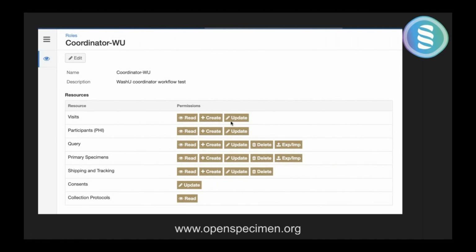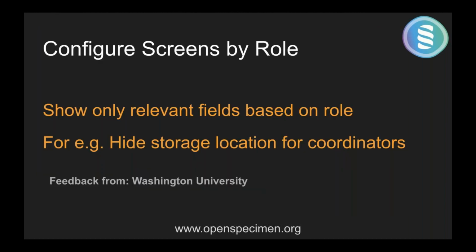Again, this is a sample role, so you don't need to have this. If it is an off-site location and they need to ship the specimens to the collection center, you can additionally give them shipping and tracking. In the same way, you can give consents if you're collecting consents. So this is, at a very high level, what they would be doing. Again, you can add or remove things that you don't want to give. And